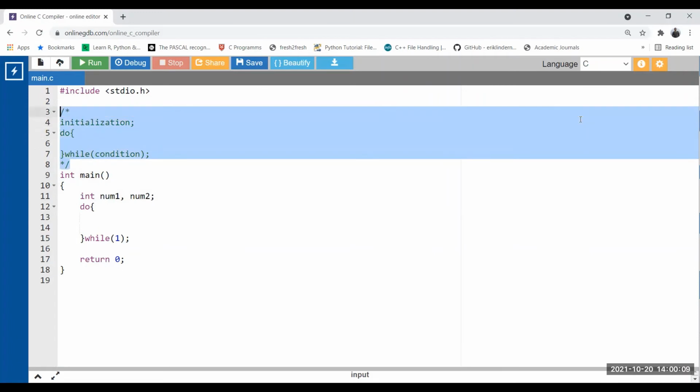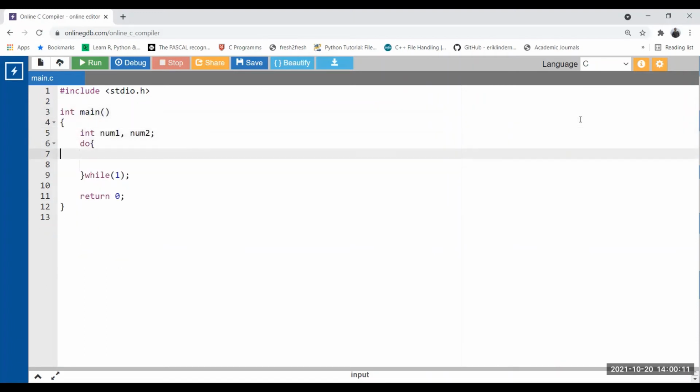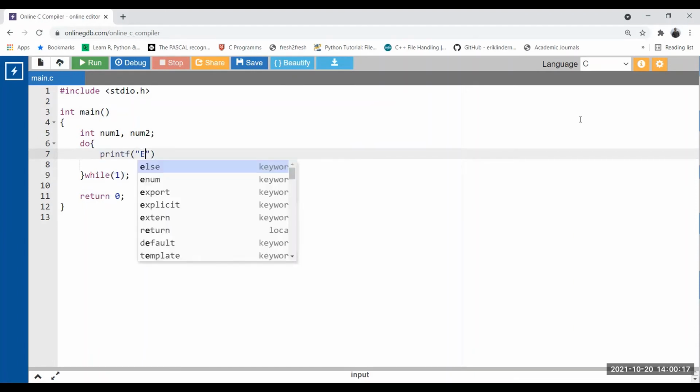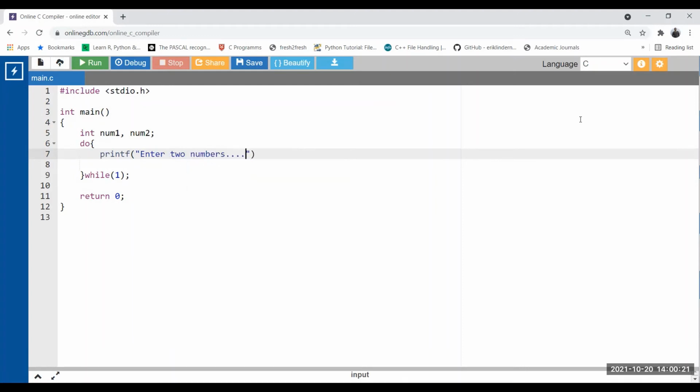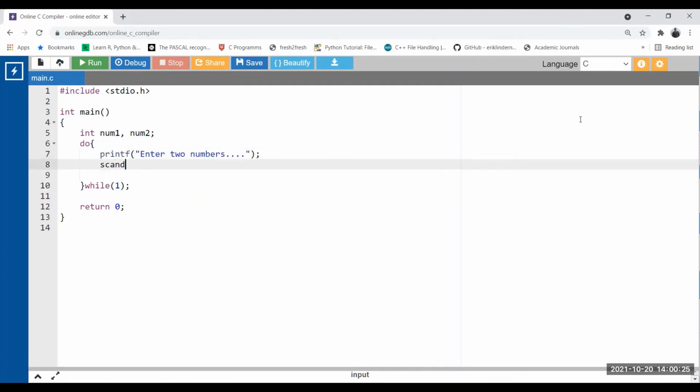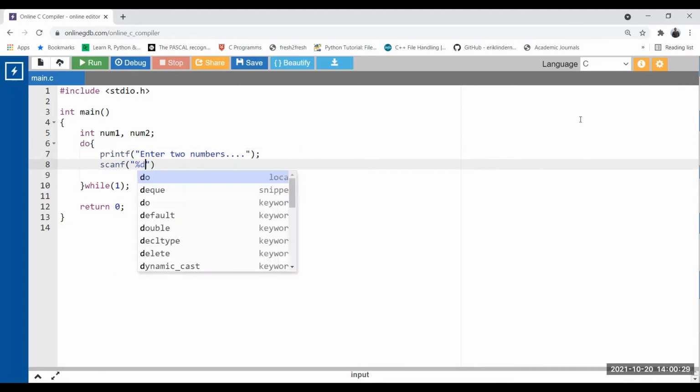Now let's take input of these two numbers. Give a message: Enter two numbers. Okay, and then take a scanf statement for reading the values through input.